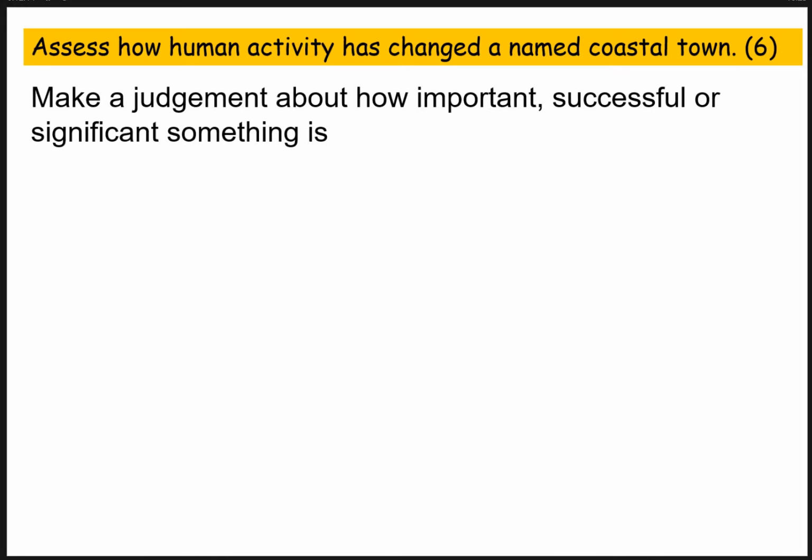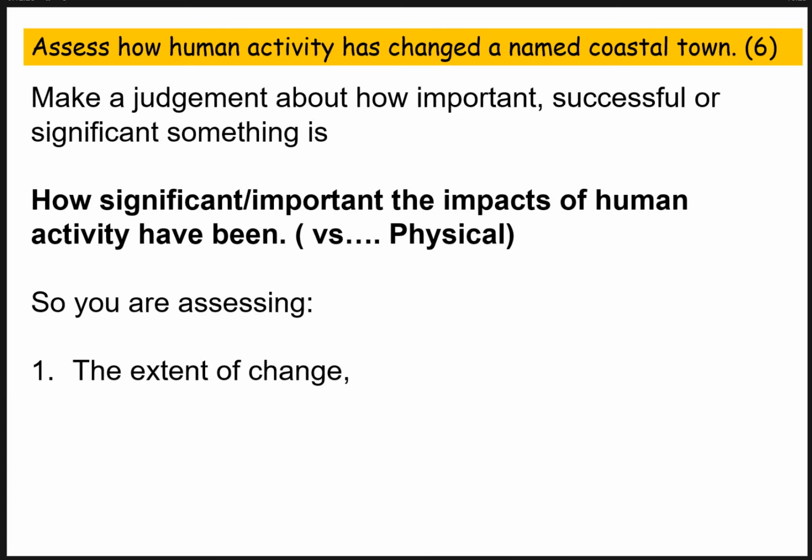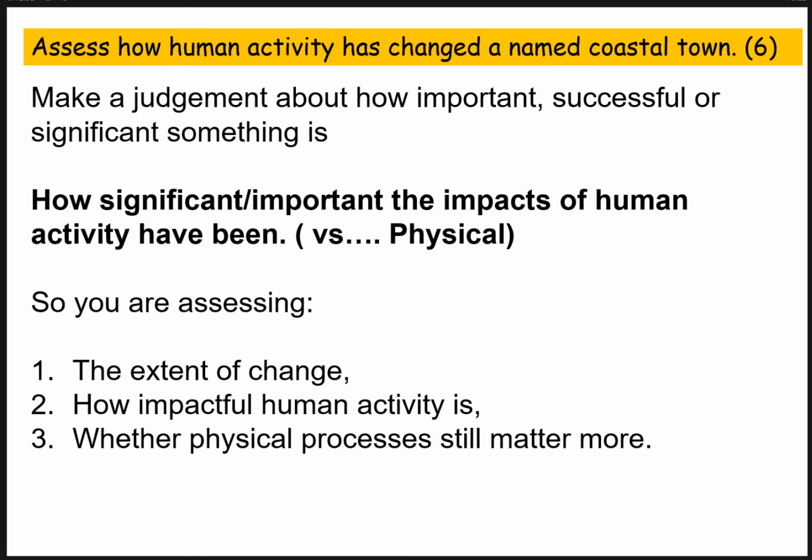So while we're looking at human activity, this is how significant the impacts of human activity have been versus the physical. It's all about the interaction between human and physical. So you are assessing the extent of change, how impactful human activity is, whether physical processes still matter more,